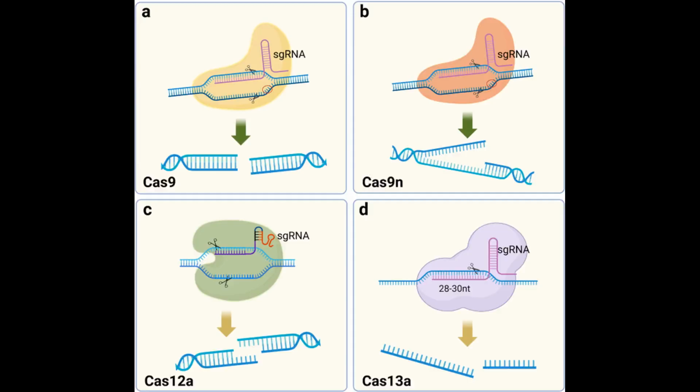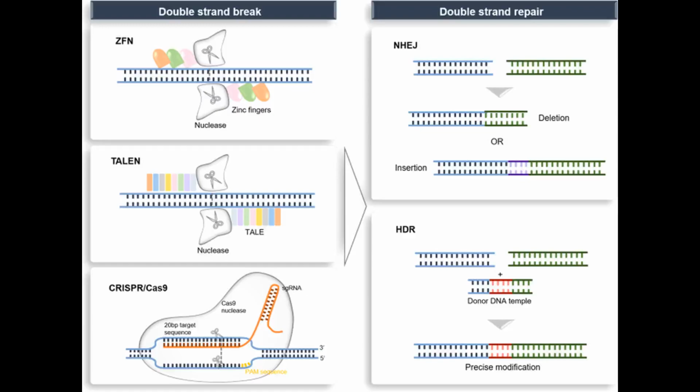3. Zinc finger nucleases (ZFNs). Developed in the late 1990s and early 2000s. Zinc finger nucleases were one of the first engineered gene editing tools used to create double-strand breaks in DNA at specific locations. This technology allowed for targeted modifications of the genome and laid the groundwork for later advancements such as